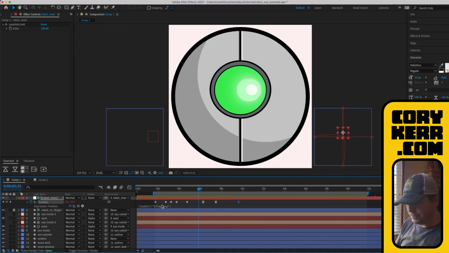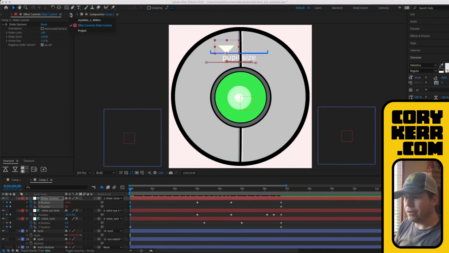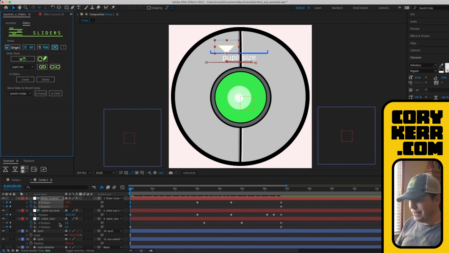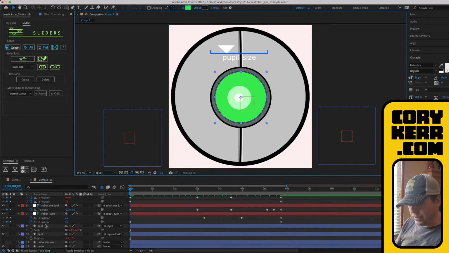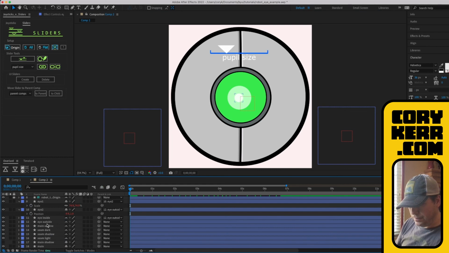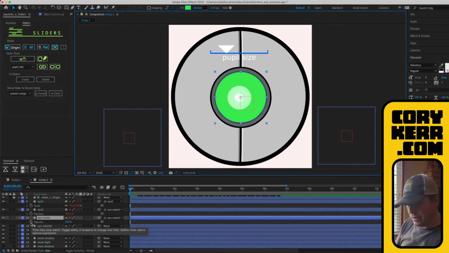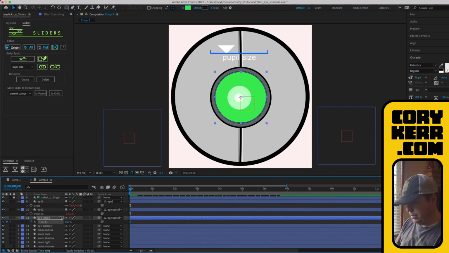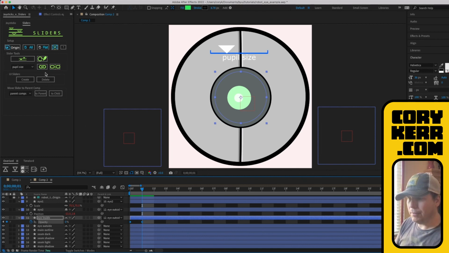So if I wanted to come in here, back to this one that has a slider, I can grab this guy, go back over to my joysticks and sliders here, and let's say that I also want, for whatever reason, this green layer to go transparent when the eye gets bigger or smaller. Okay, so let's find that green layer. Where are we? There we go. Okay, and then I hit T for opacity. And I'm going to go 100%, slide to 0%.